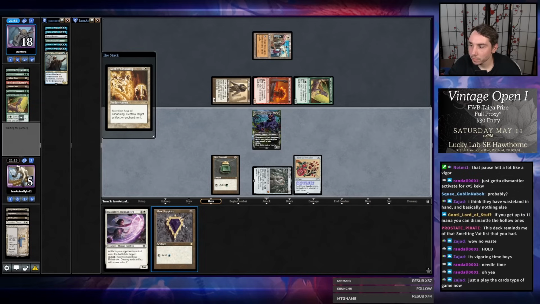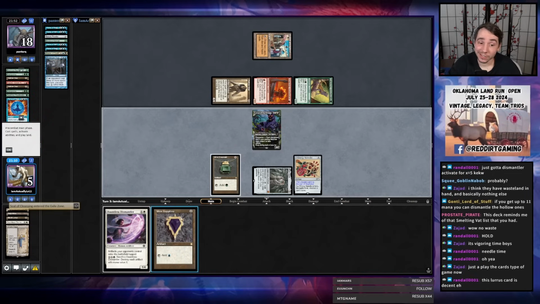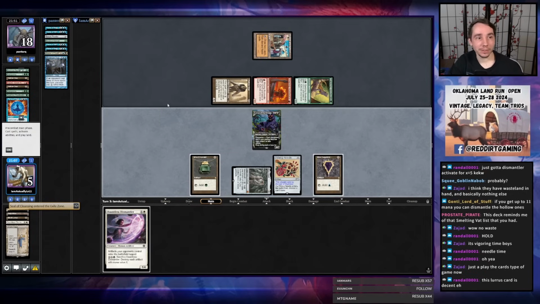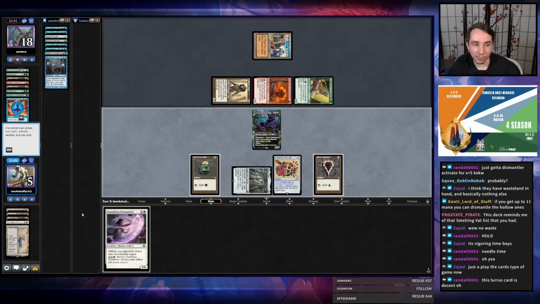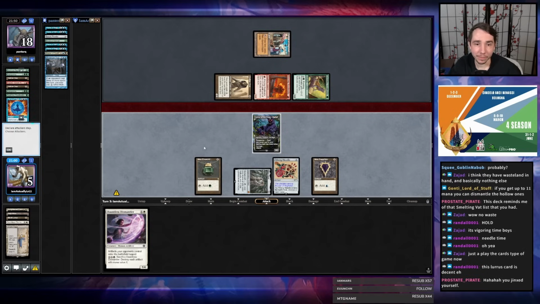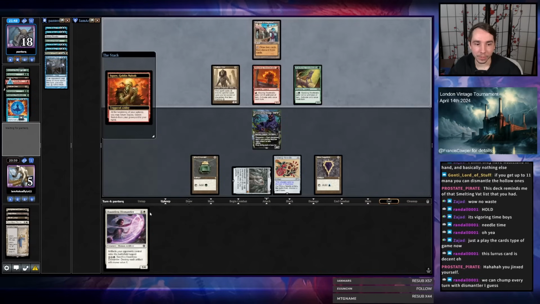I think we're winning this game. Yeah. Ooh, negation is good. Negation is good. Well, to be fair, our Lurrus card was accompanied by a bunch of restricted cards, including Black Lotus. So, all right, we take one hit from Hollow One here, but we can rebuy a Dismantler every turn, so...